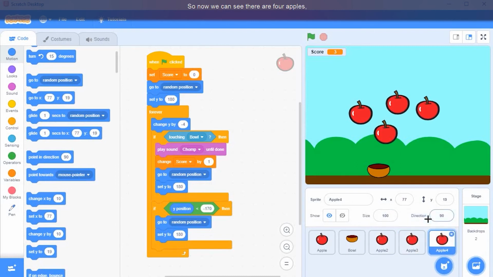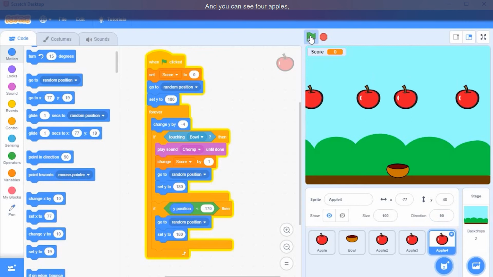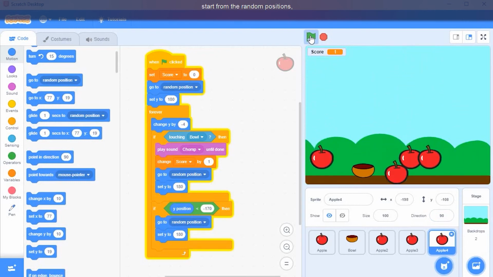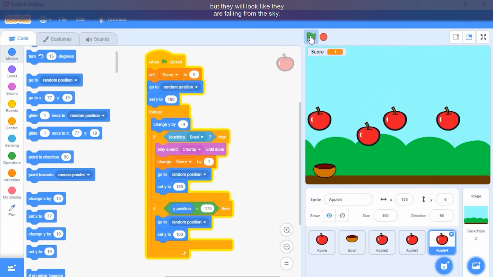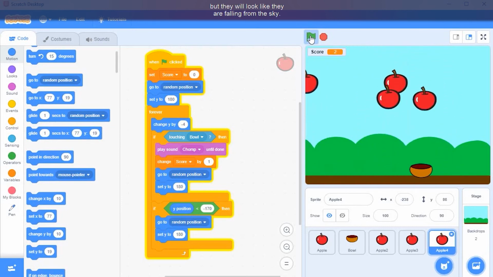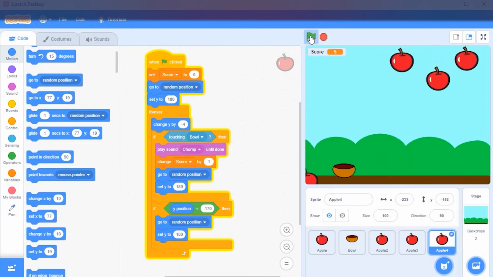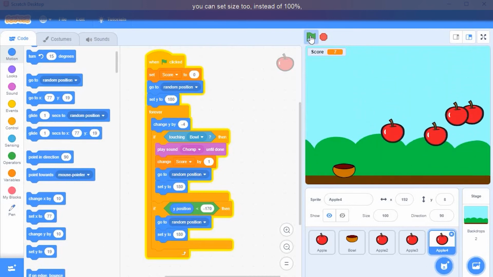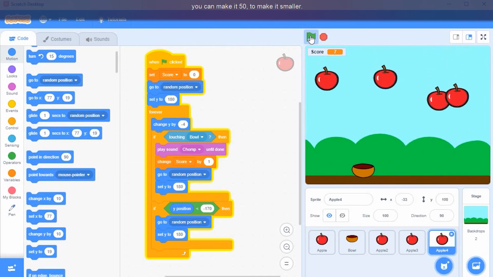Now you can see there are 4 apples, and it will work when you click on the green flag. The 4 apples start from random positions, but they look like falling from the sky. If you want to make them smaller, you can set size to 50 instead of 100% to make it smaller.